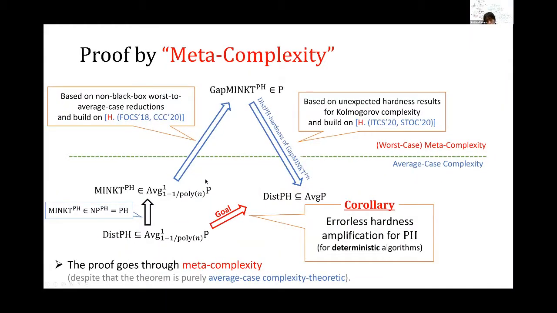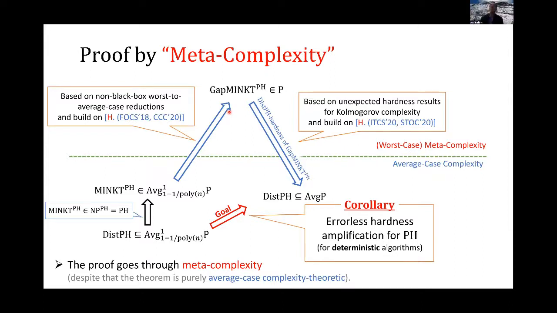Yeah, so the meaning of a non-black box reduction is that we exploit the efficiency of the oracle. Usually, a reduction is black box in the sense that you don't care about the complexity of the oracle. But such a black box reduction has quite a severe limit. If you just use black box reduction, it is impossible to establish this implication. There's a barrier result by Bogdanov and Trevisan, and we needed to use a non-black box reduction to get this implication.